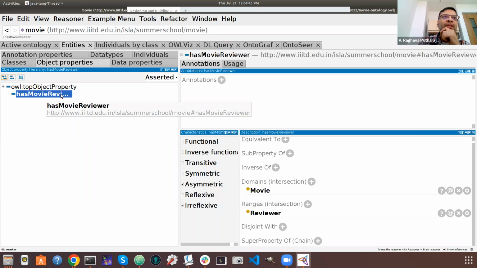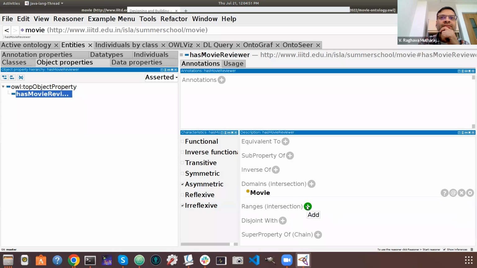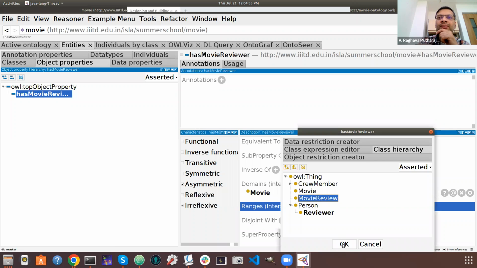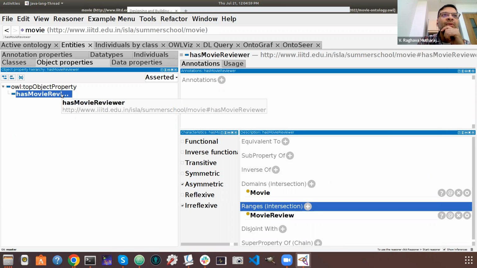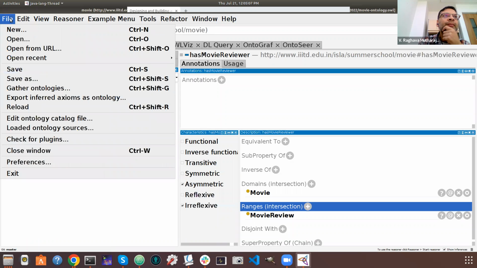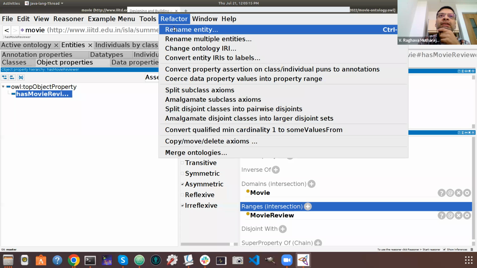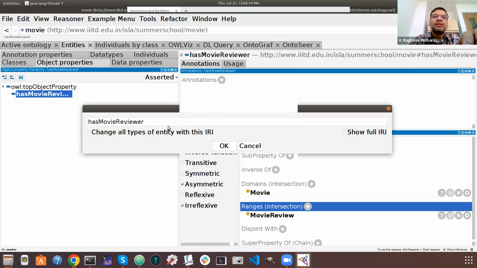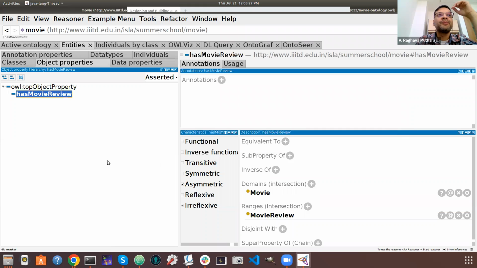So movie has movie review. So I'll delete this. We use this to delete. Movie has, yeah, this should be the one. Oh, we need to change this one as well. So the way to change it is, I think, there's a way to, oh yeah, refactor. So you can rename it. I'm going to say has movie review, which is a movie review. Okay, so now the domain of movie review is movie, and the range of has movie review is a movie